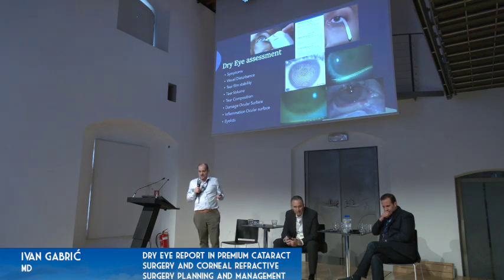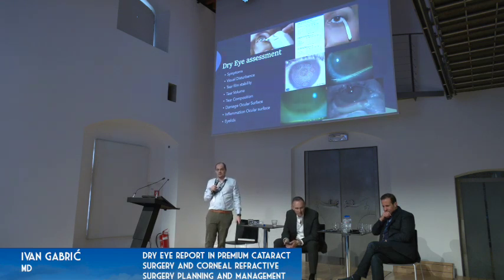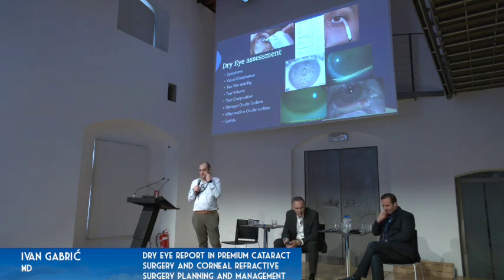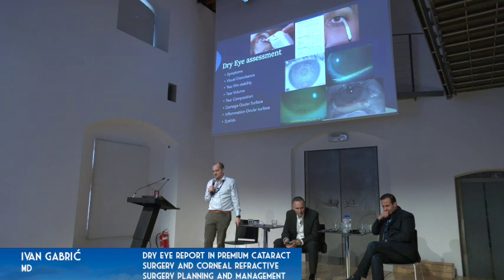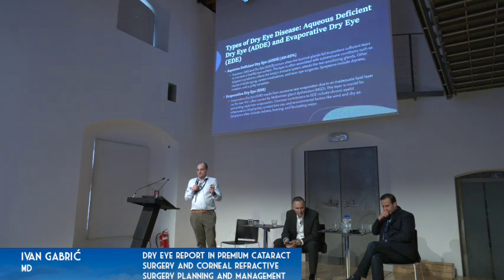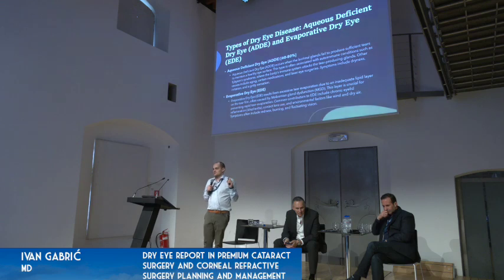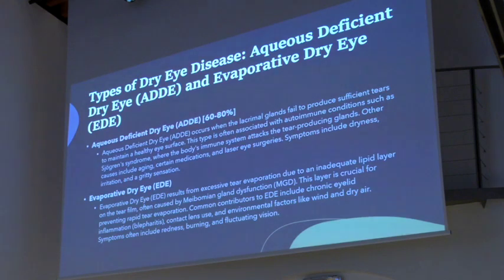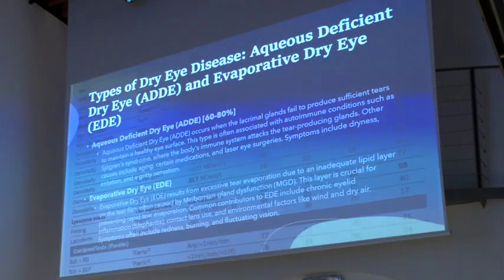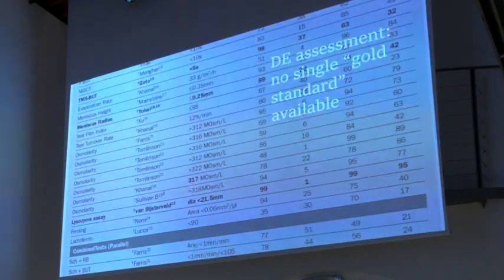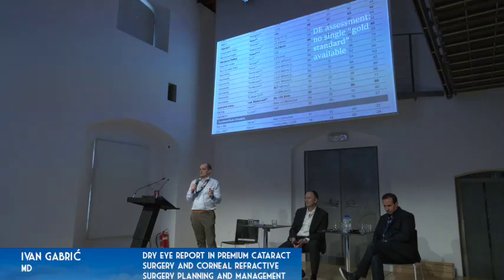And then when we used to have Sirius as one of our primary devices, we would routinely do meibography. Now we have to do it on other devices because somebody excluded it from the software, but hey, they might fix it. But we do the report. Now, as far as what's wrong with most of the patients, they have the deficiency. That's the biggest source of problems. So you tell them, you warn them, and then you choose accordingly. And there is very little agreement on what you have to do. So whatever you're doing is better than nothing.